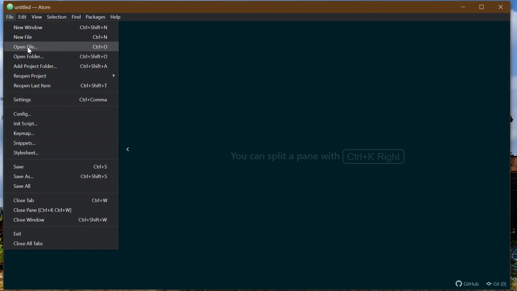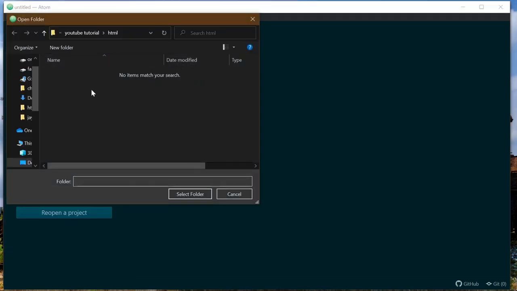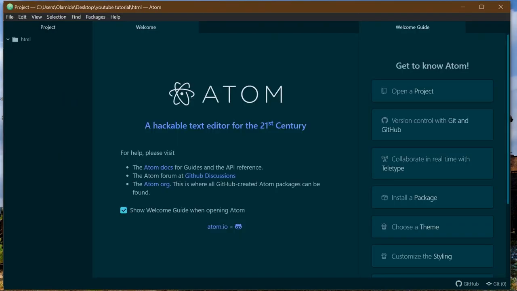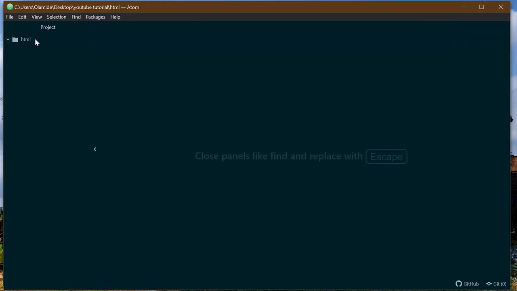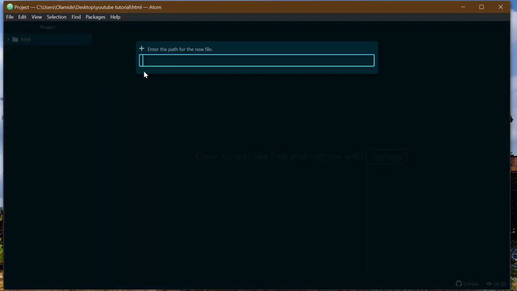I say open folder, right? So I locate my folder. So this is the folder. This is the HTML folder. You can have it on your desktop, depends on you. So I just open it now, and you see my folder is open. So this is my file structure now, my project folder. There's nothing in it, but that's going to be our project folder. Okay, so I can come here and right click on it and say new file, and then I'm going to name it